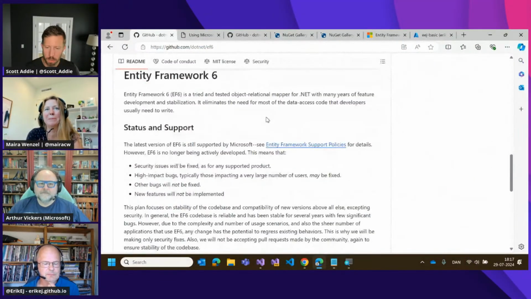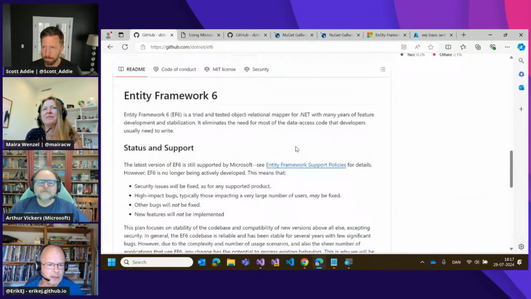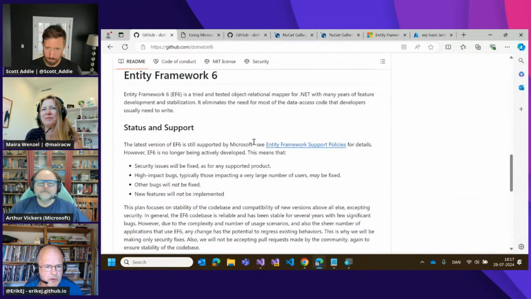Yeah, looks great. I'm looking at the EF6 repository, which is open source on GitHub. The Entity Framework 6, as I call it, classic repository. Here it definitely highlights that there's no new development happening, but despite that, you explained why this happened, Arthur. We'll just leave it at that.